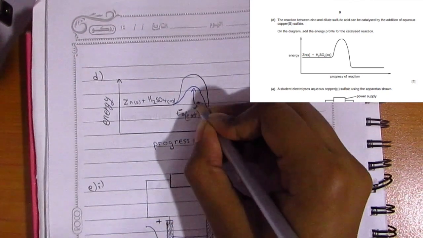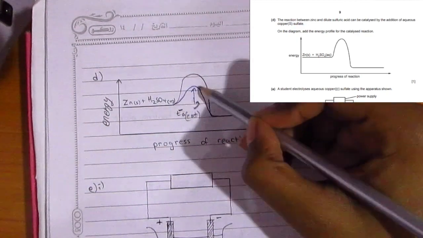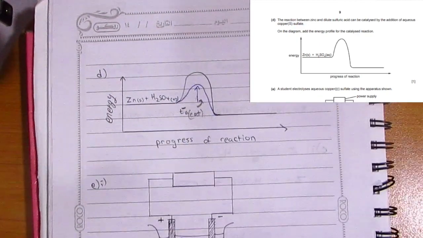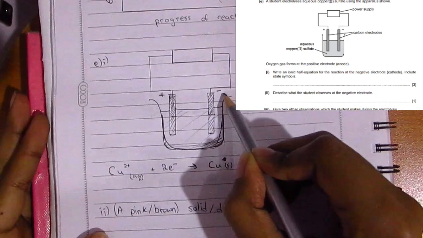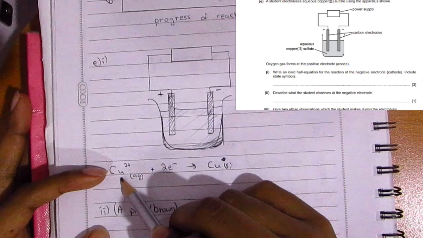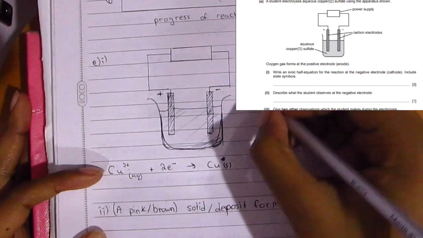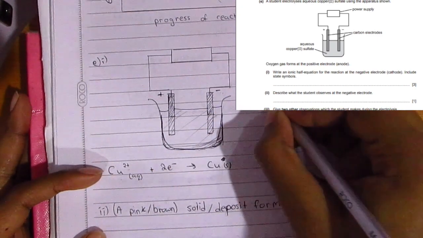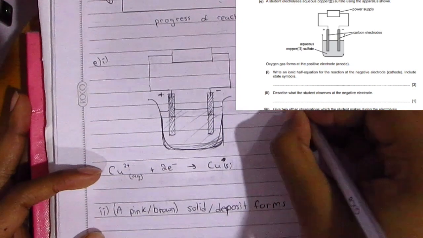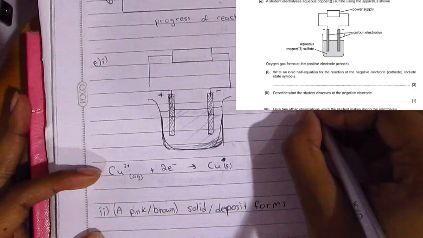So you don't need a lot of energy in order for the reaction to start. That's why the curve is lower. Now for part E(i), they told us to write an ionic half equation for the reaction at the negative electrode. So we have copper sulfate, or copper(II) sulfate, so Cu2+ plus 2 electrons will give you the copper solid. Of course,